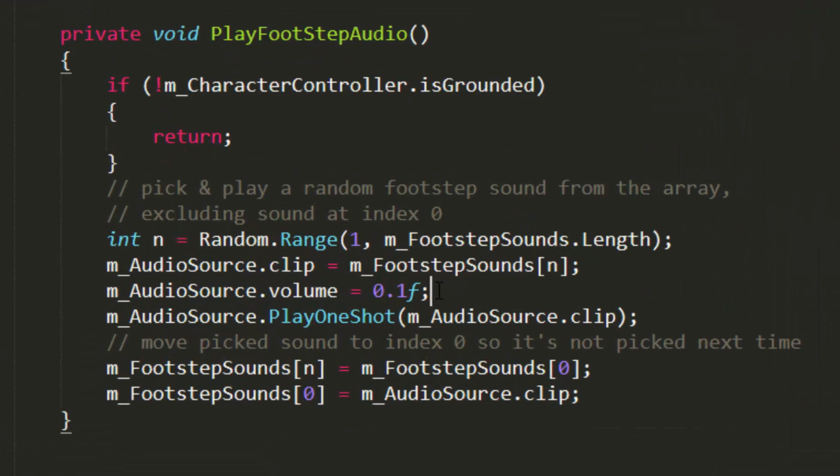However, do we really need to set the volume over and over and over every time this function runs? Or could we set it one time somewhere else? Well, we're using mAudioSource for more than one thing. If you look through the code some, you'll realize that you're also using it for the jump sound, the thud sound, for all the audio sources that relate to this script. So if you want to be able to control all those audio sources at once, then you could move this. If you need it to just apply to the footsteps, you would leave it here. But let's try moving it. I'm going to take this line of code, Control X to cut,